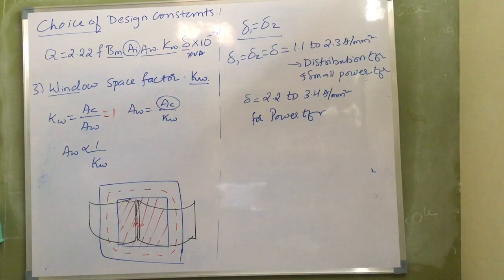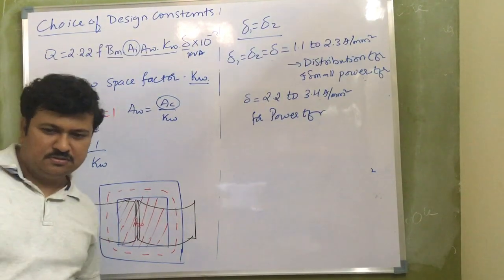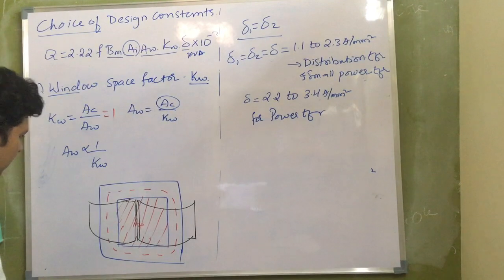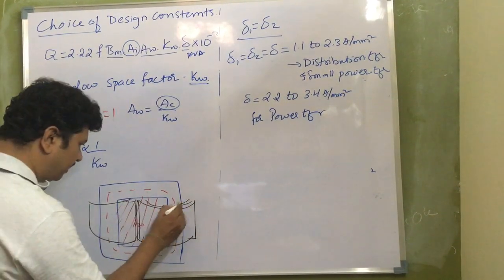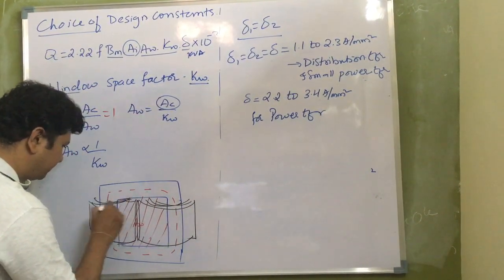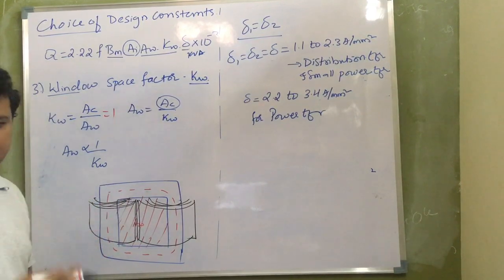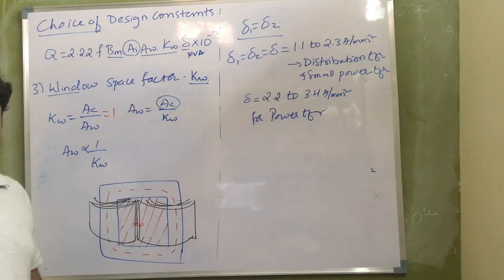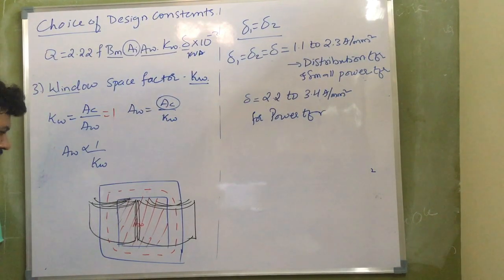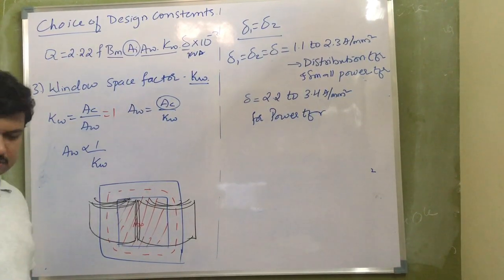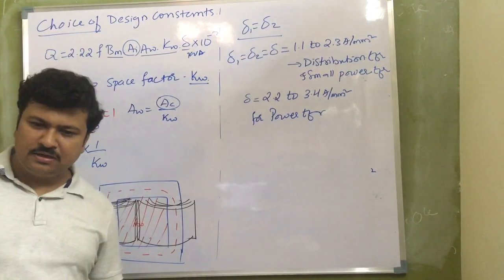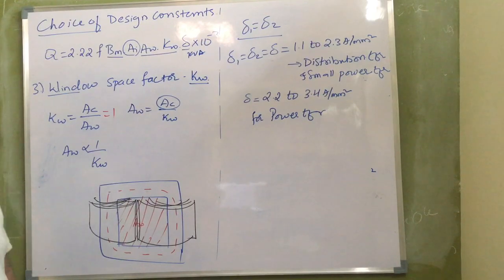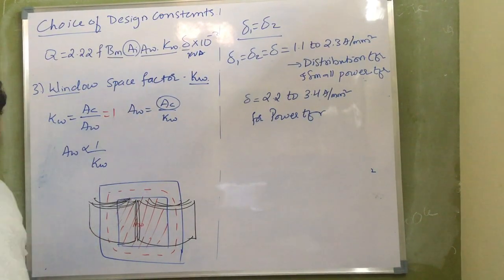If there is no gap between them, the cooling suffers. There can't be oil circulation in the tank. Okay, and the inner part of the winding will experience excessive temperature rise, and it may get damaged. Insulation will get deteriorated. There may be physical damage to the conductor. There may be physical damage to the insulator because insulation breakdown will occur. Therefore, my window area is also important.